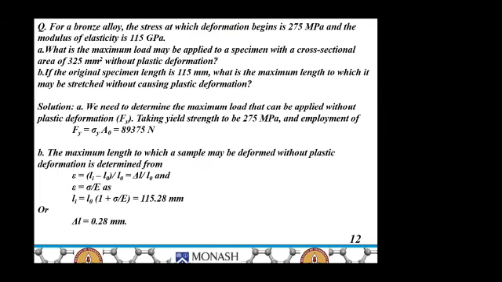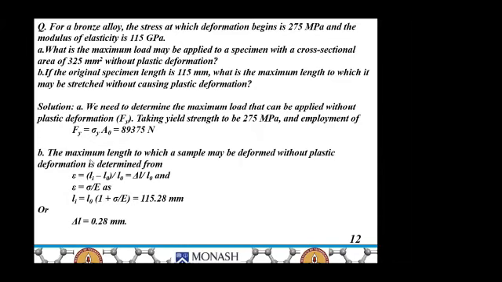The second part of this question is, if the original specimen length is 115 millimeter, what is the maximum length to which it may be stretched without causing plastic deformation? So we need to determine the maximum load that can be applied without plastic deformation. So we need to determine Fy, the yielding load, which is equal to sigma y times A0. So it comes out to be